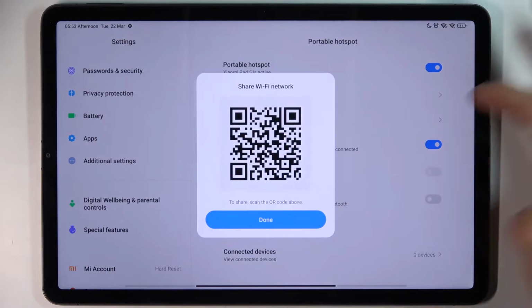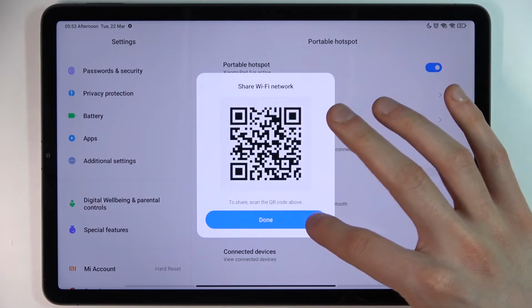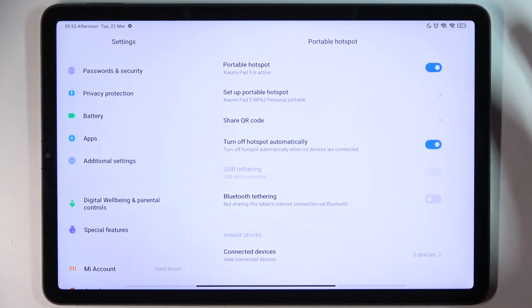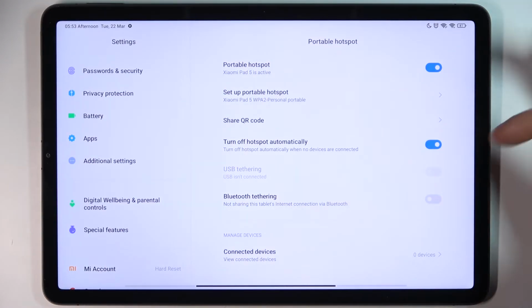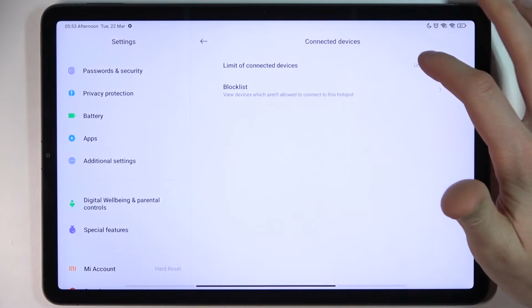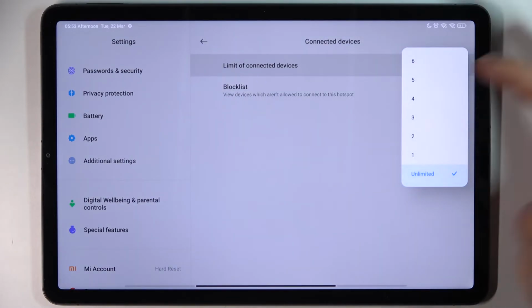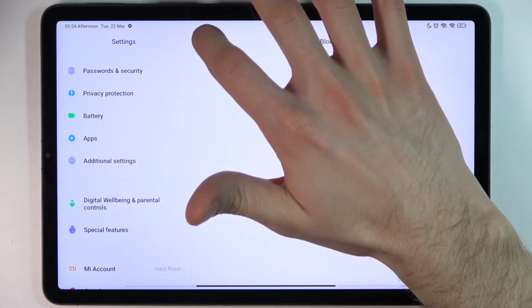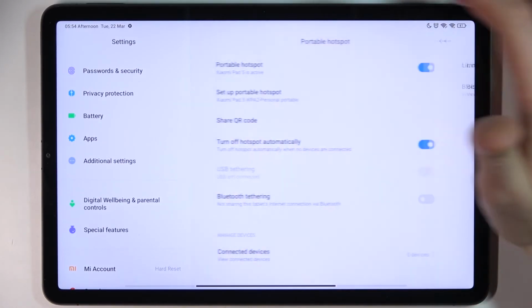you can share QR code to instantly connect to your hotspot, you can turn off hotspot automatically, you can use it USB tethering, Bluetooth tethering, and you can also manage connected devices. You can set limit of connected devices, and you can add these devices to block list too. So yeah,